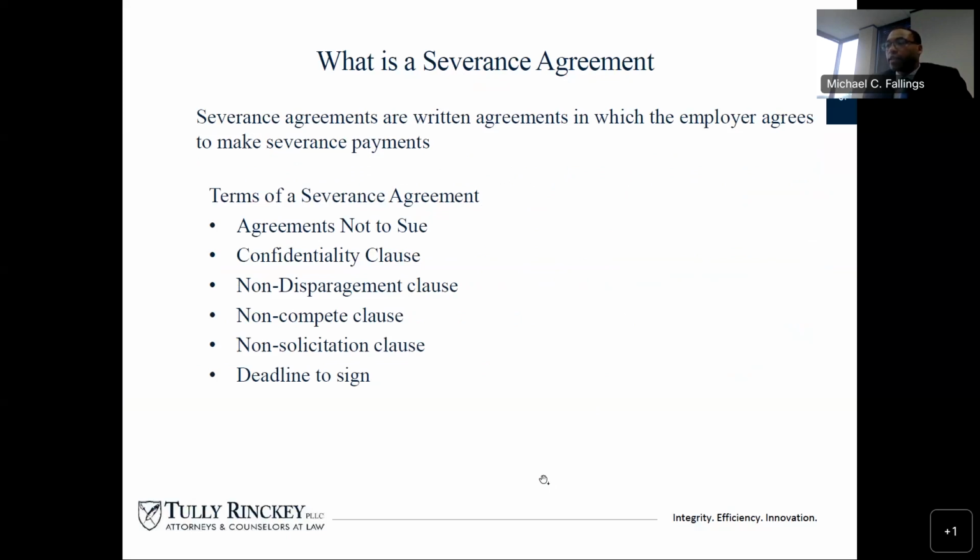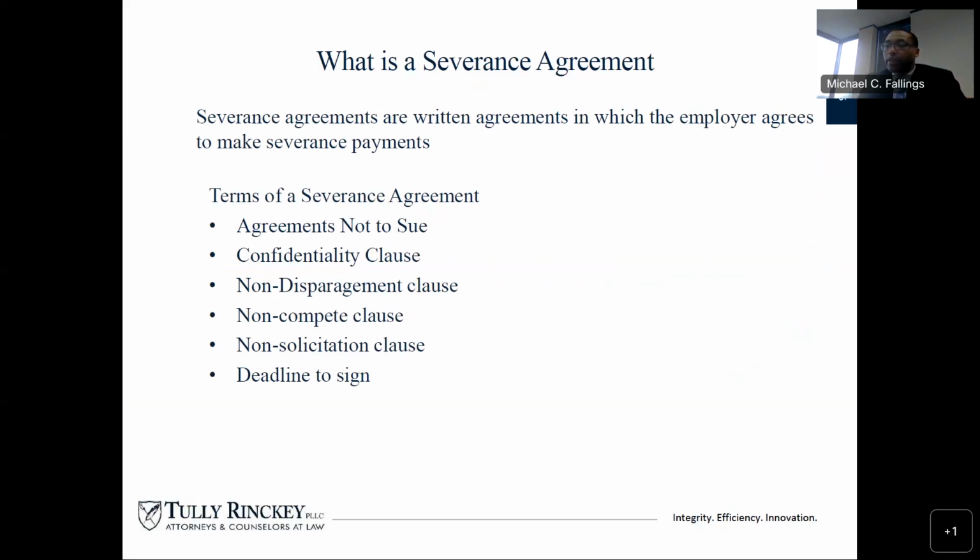So a severance agreement is a written agreement or contract in which the employer agrees to make severance payments. It's a signed contract between the employer and the employee, and there's typically terms in severance agreements that are included. Some of the terms you see listed on the slide include agreements not to sue, confidentiality clauses, non-disparagement clauses, non-compete clauses, non-solicitation clauses, and a clause regarding the deadline to sign. This is not an exhaustive list, but these are typical clauses I've seen in agreements where I've negotiated on behalf